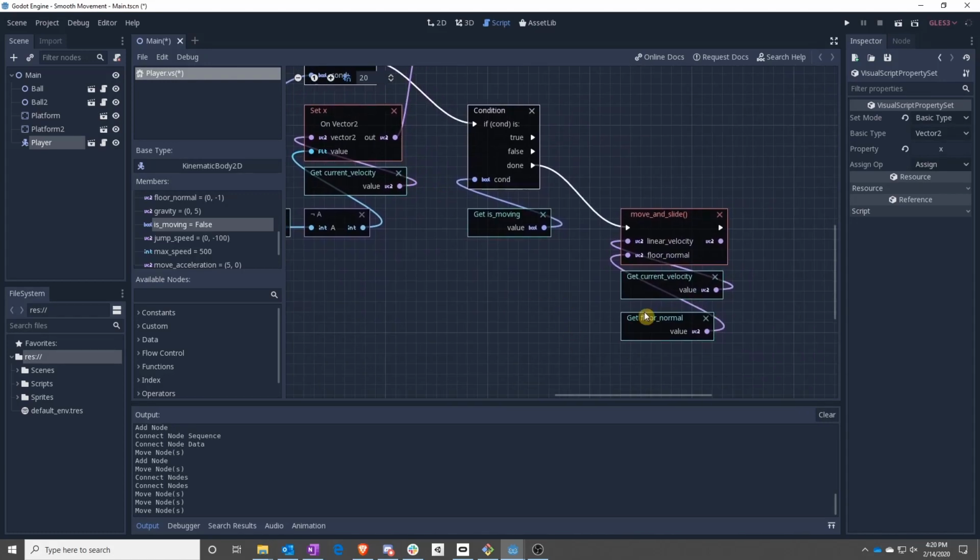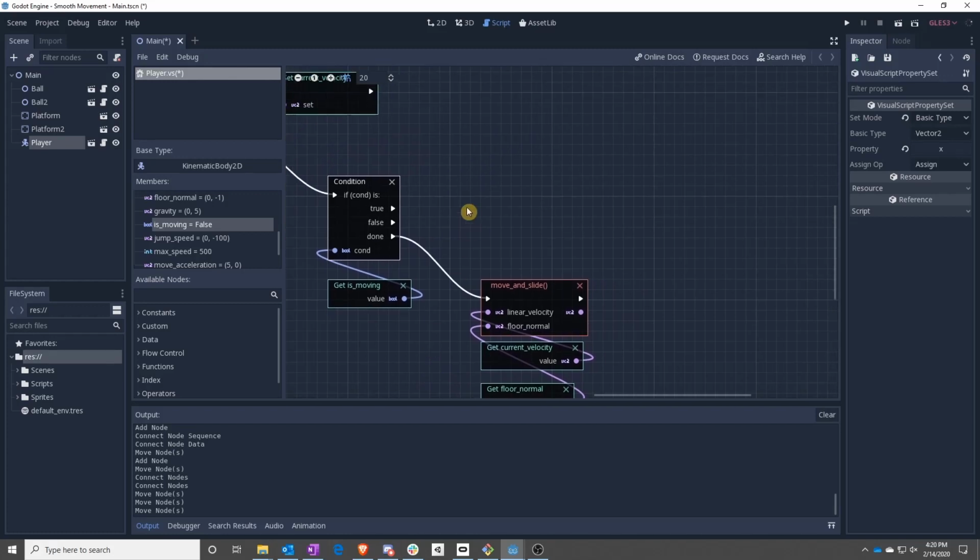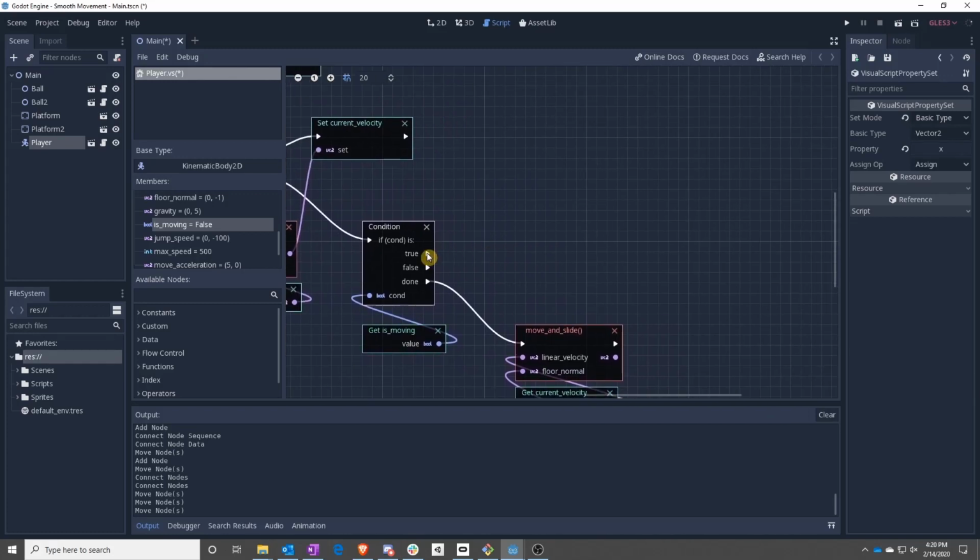And so if we're not moving, we need to get closer to 0. So once again, this means